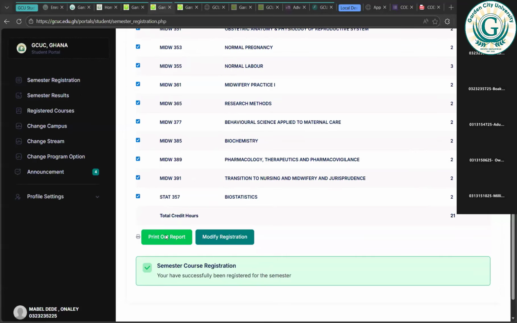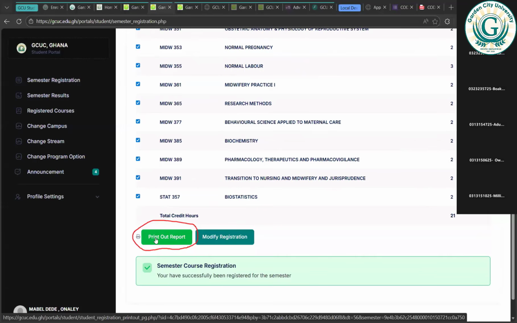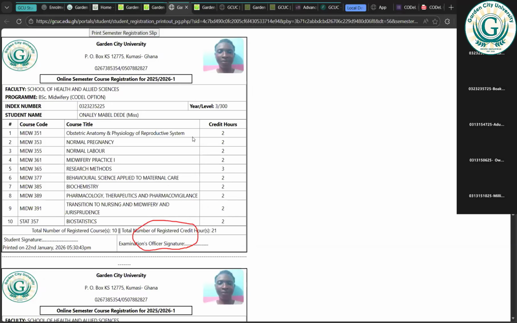So you print out the report. There is print out report here. You can print out the report of the courses you have registered, which shows your details there. So I want to print out the courses I have registered. So I click on print out report. It gives me this one here, which has